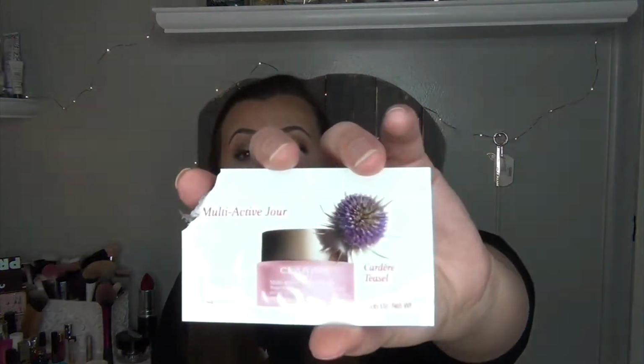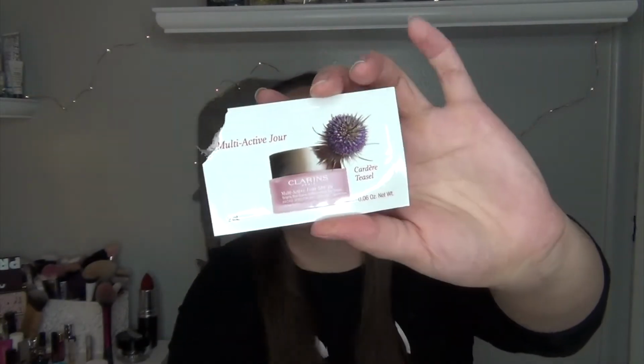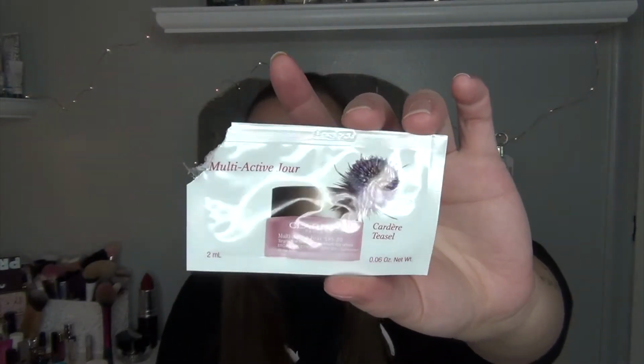This one I actually did use a number of times. This is the Clarins Multi-Active Jour SPF 20 Targets Fine Lines Antioxidant Day Cream, and I actually really enjoyed this. It sunk in very well in the skin. I picked this for purple because of the purple flower in it right there, and I would actually repurchase this, surprisingly enough. I liked it enough that I would repurchase, which is amazing because that does not happen very often,